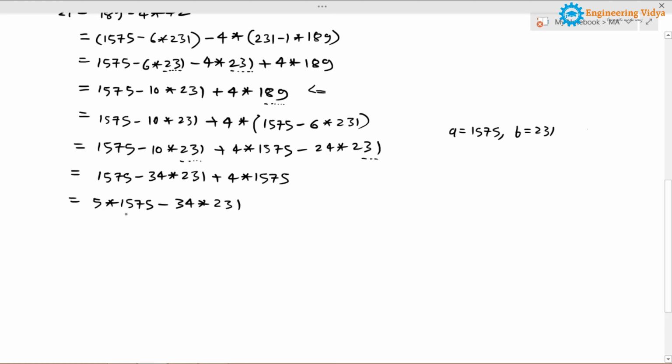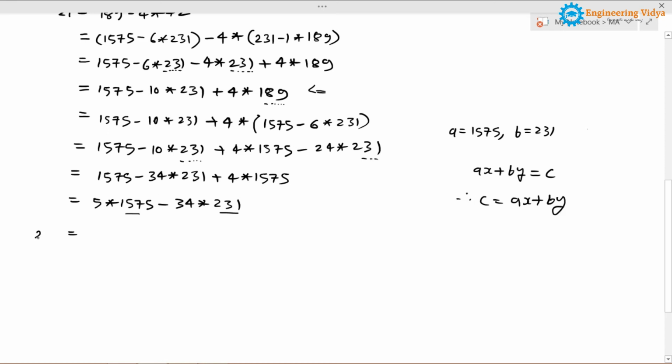So here we have a and here we have b, and other than b, a and b, whatever terms we have here, this is only the coefficient part, right? This is not a remainder, this is also not a remainder, so we can stop over here. Now after that, since we know that the Diophantine equation has the format ax plus by equal to c, or here we can write c equal to ax plus by.